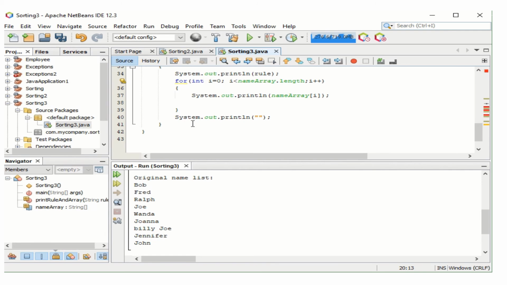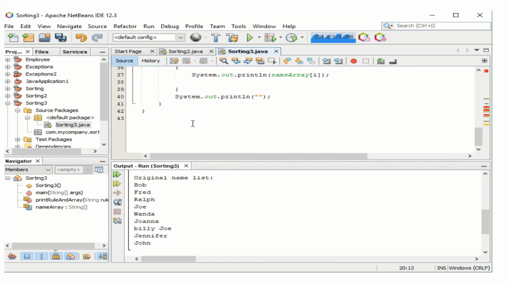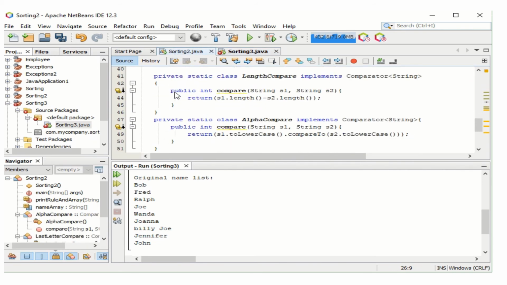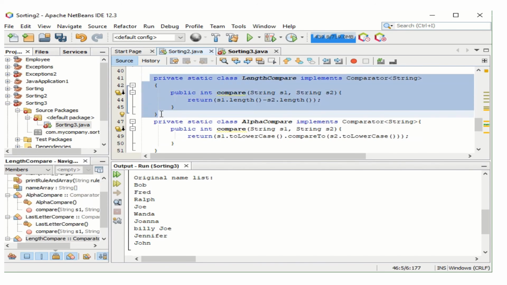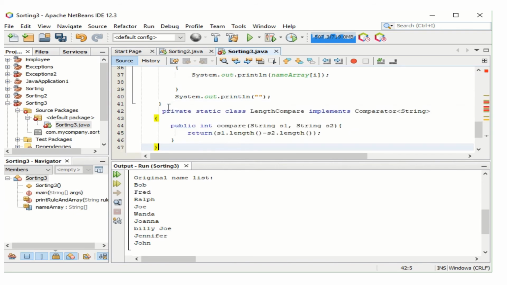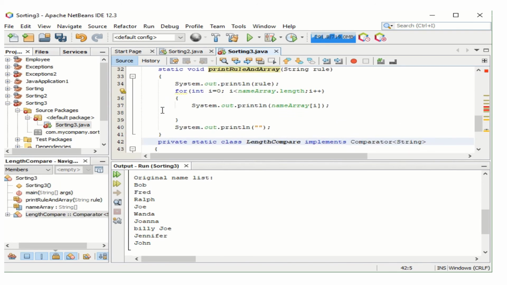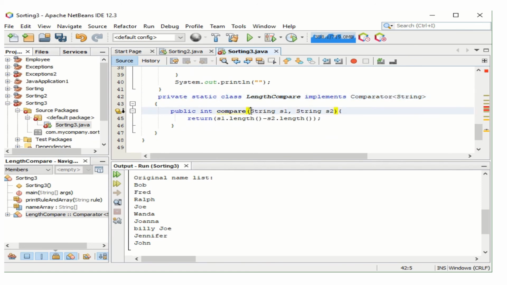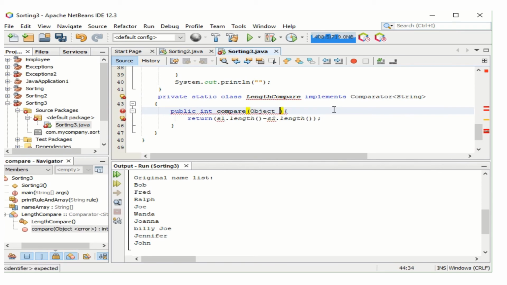So for the first one, which is the LengthCompare, for comparing the length of the elements, instead of strings, we are going to pass the objects as the input. So Object o1 and Object o2,